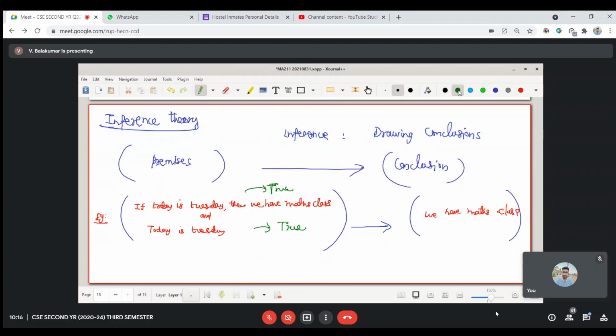Somebody is concluding we have no math class, with the same premises. Is it correct? First of all, tell me whether this is correct or not. Already you told the red color one is the correct conclusion. Is this a correct conclusion or not? That's my question. Can somebody tell me?